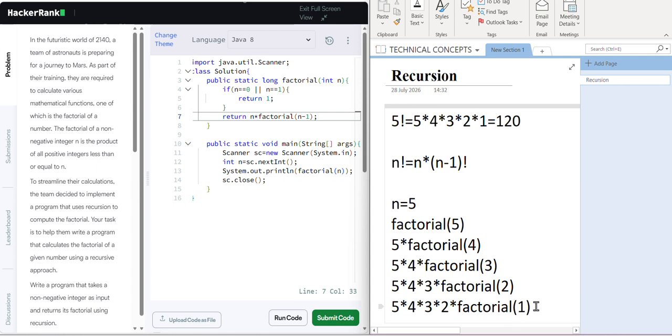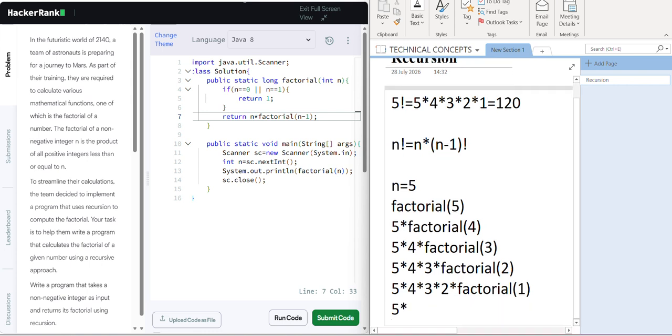We got n as 1. Now what will it do? It will call this method factorial again and check if n is equal to 0 or n is equal to 1. Our n is 1, so this condition is satisfied. It will return 1. Factorial of 1 returns 1.